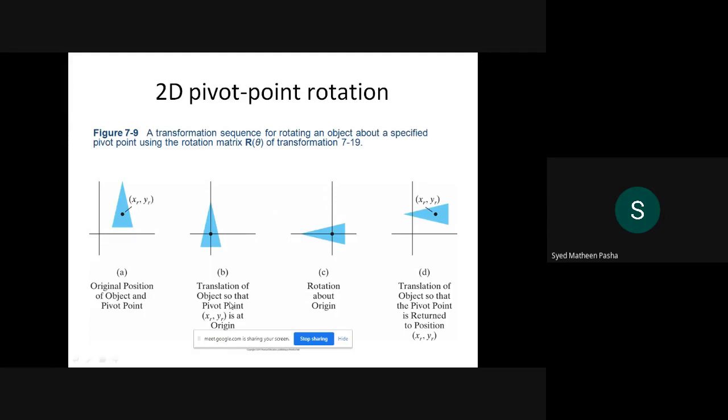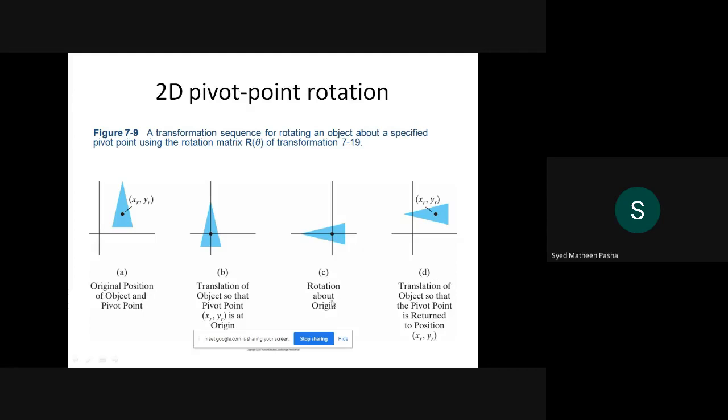As you can see, what is the procedure? First, you have the original position of the object, then you perform translation. Once the translation is performed, you perform rotation, then again you repeat the translation of the object with respect to the initial point. So I can call the pivot point rotation translation, rotation, and translation, or translate, rotate, translate. In the question papers, it might be asked in this form also: can you explain the technique of translate, rotate, translate operations? So you need not get confused, they are asking about 2D pivot point rotation.